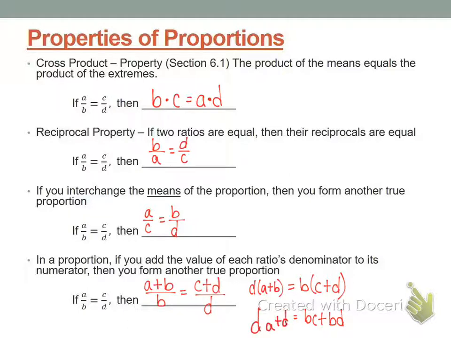DA plus DB. Okay, that's slightly better. What's true about DB and BD? They're the same thing. So those could get crossed off because even though they're written backwards from each other, multiplication is commutative. We can do it in whatever order we want. So that means we're left with